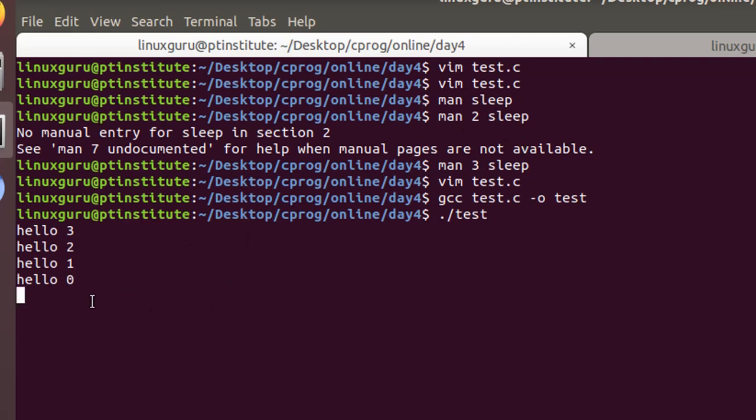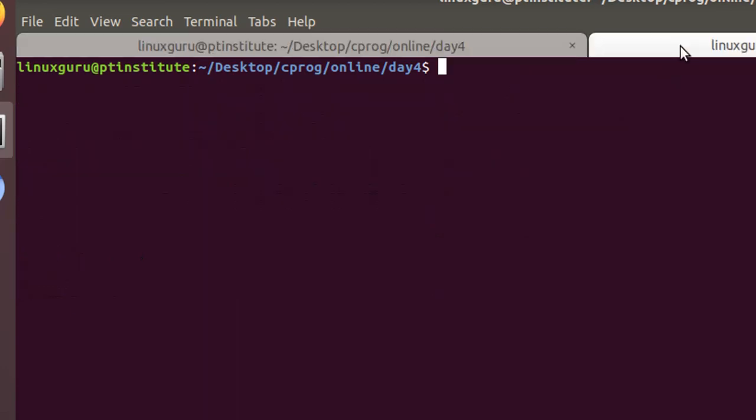So what I am doing here, I am calling this function, and at the same time I can run the same program here also.